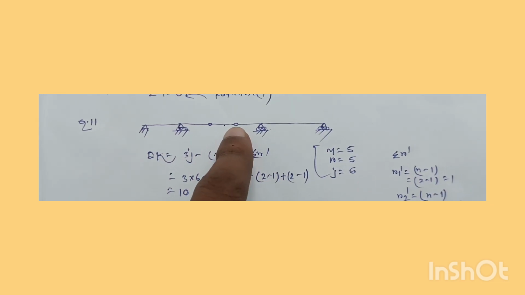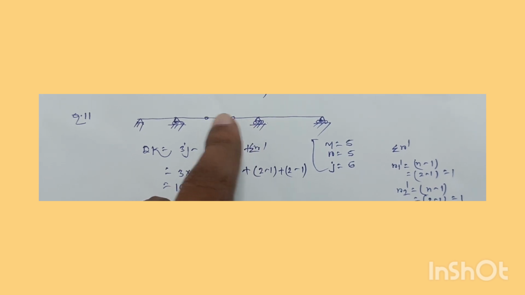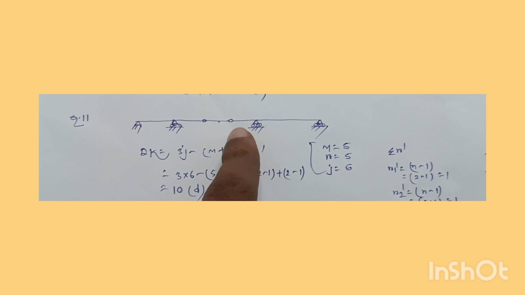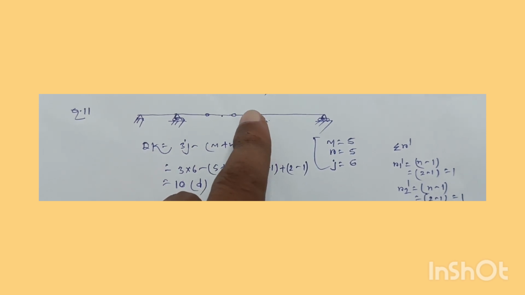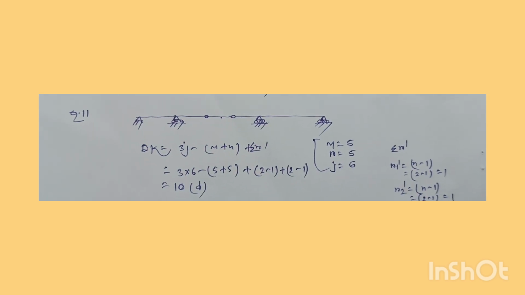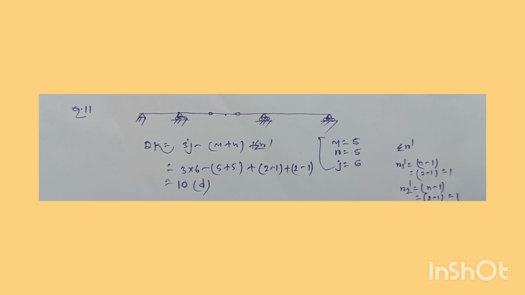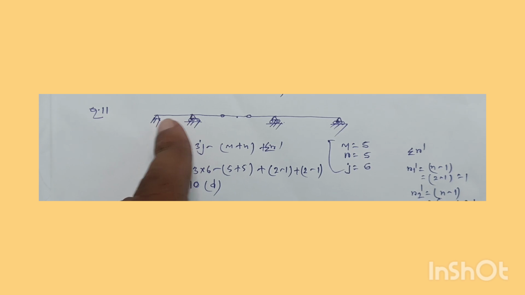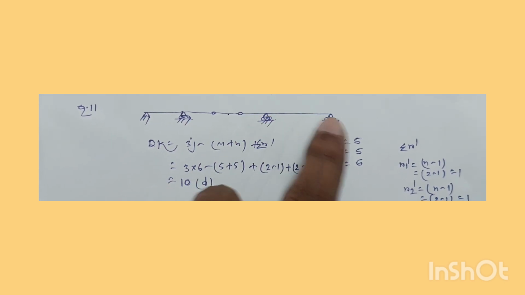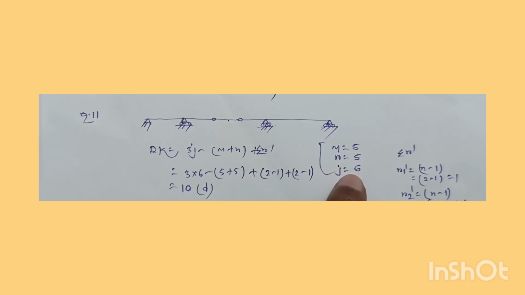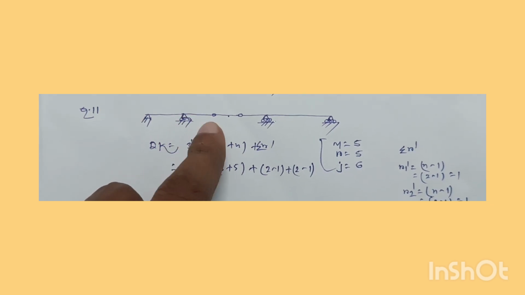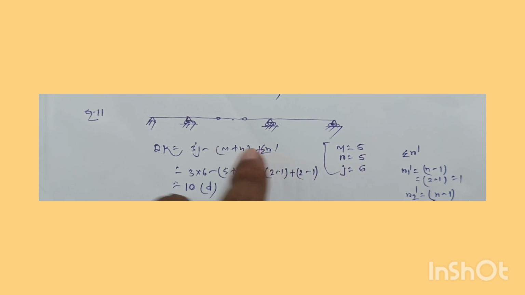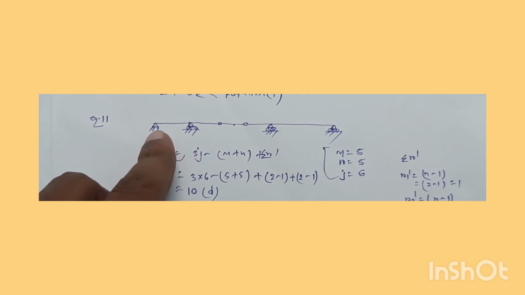And for these hinges, two members are connected, so R2 dash will be equal to n minus 1, that means 2 minus 1 equals 1, so R1 dash equals 1, R2 dash equals 1. Okay, and number of joints will be equal to 1 2 3 4 5 6, and number of members will be 1 2 3 4 5, and number of reaction components will be one horizontal